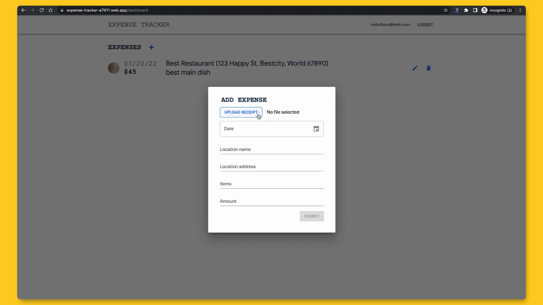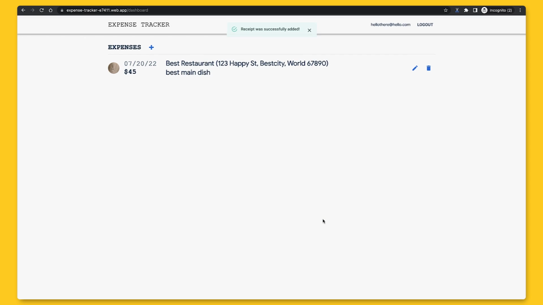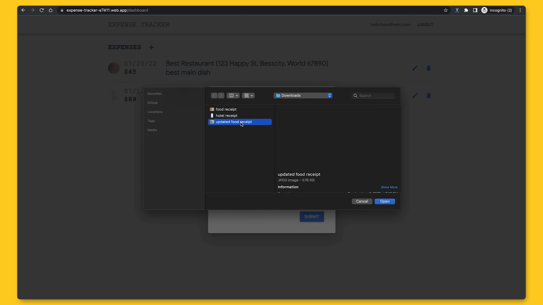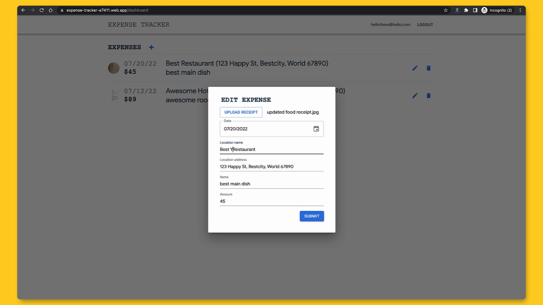We'll upload a different image, and again, type in all of this information. Choosing the date again, location name, address, items, amount. Let's submit, and now we can see both of them here in descending chronological order, most recent one first. We'll edit the first one, replace the image, change some of the fields here,